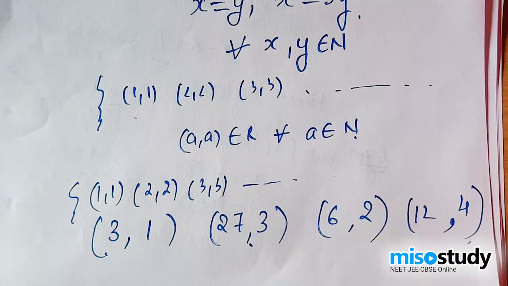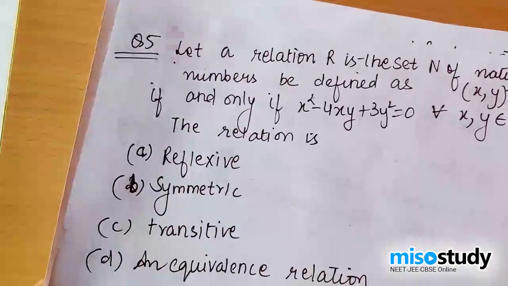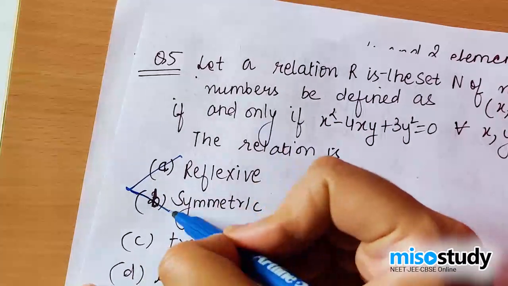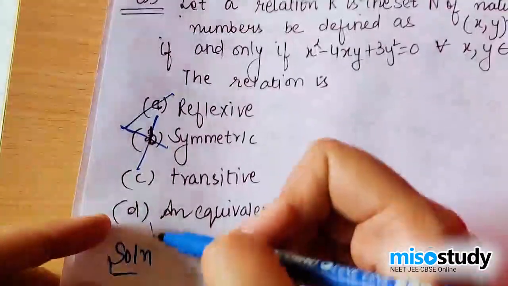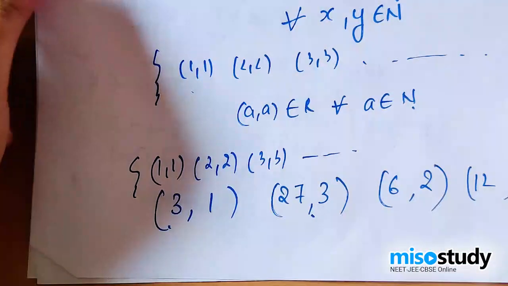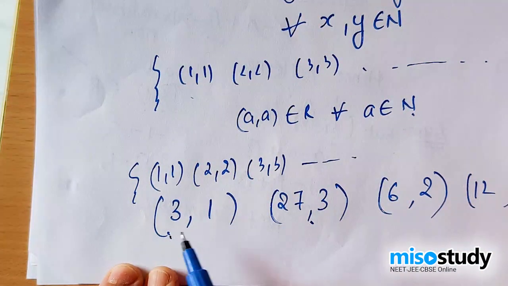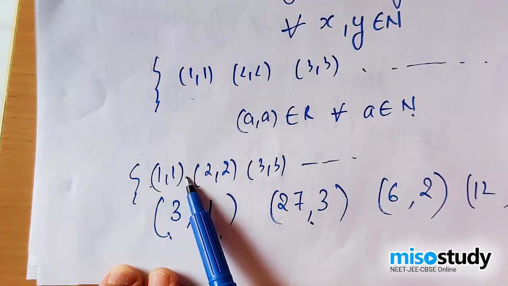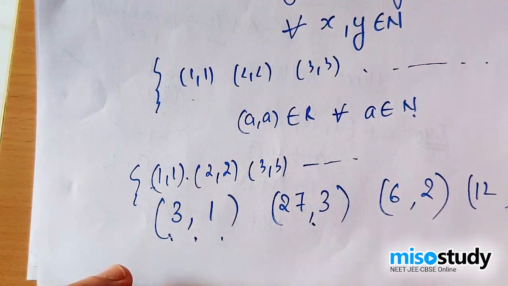So I can certainly assure you that this is not symmetric, because if (3, 1) is there, then you must also have (1, 3), and you will never have that, because x is equal to 3y. You have x 3 times y, you don't have y 3 times x, so certainly not symmetric. So hence I can see it's reflexive, not symmetric of course. Certainly, since it's not symmetric, it is not an equivalence relation, and you will also find that it is not transitive, because you will have, let's just assume, 3 is linked to 1, 1 is linked to 1, then you must have 1 linked to 3, which is not the case of course.